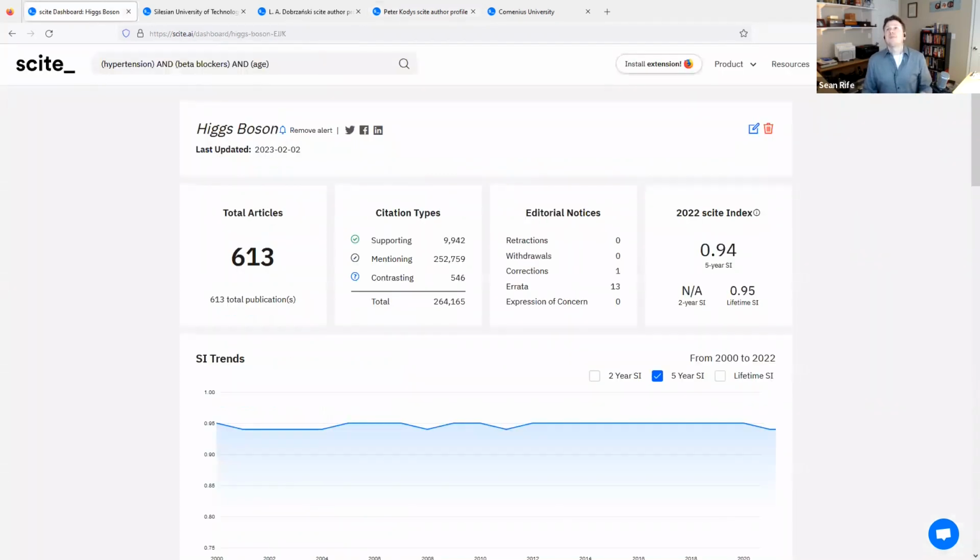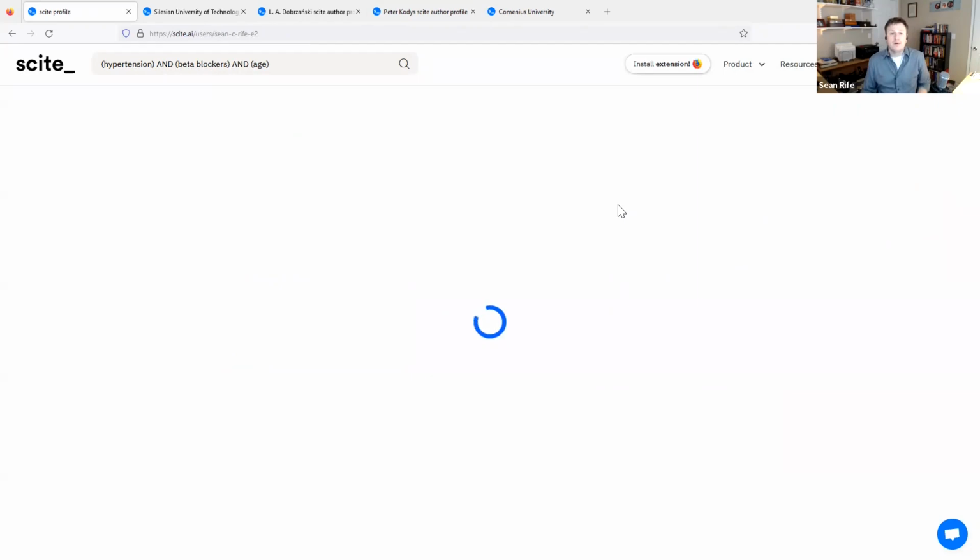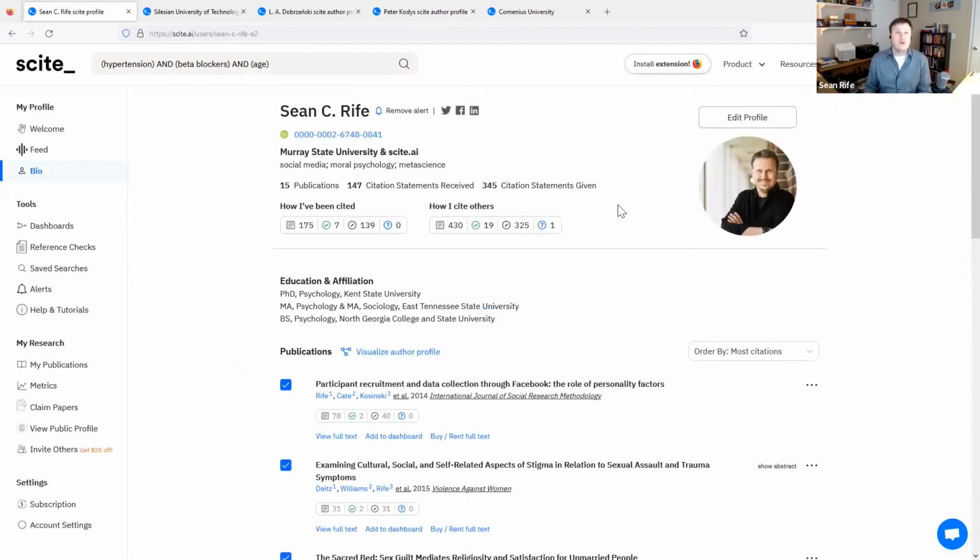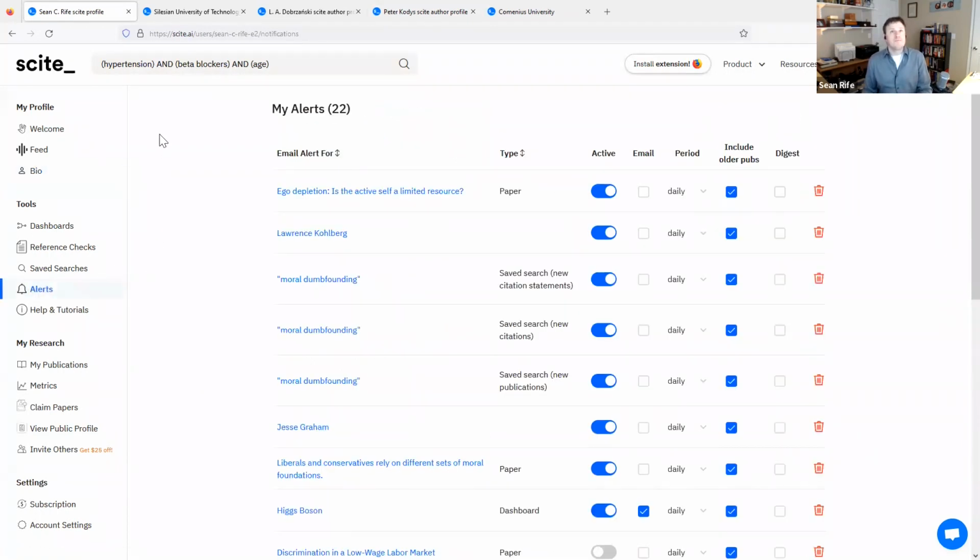One, and this is getting back to what I talked about earlier. One thing that I think a lot of us struggle with is how to keep up with research in our respective fields. One way that scite can help with this is through scite alerts. So alerts, you may have used similar products from other providers that will give you an alert.